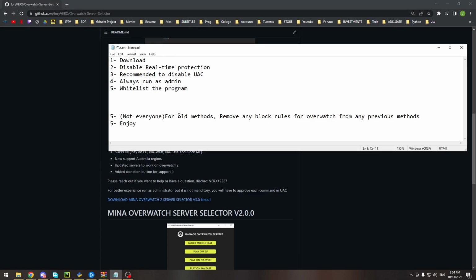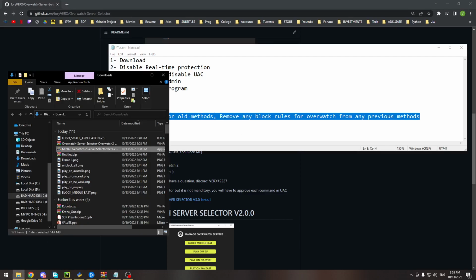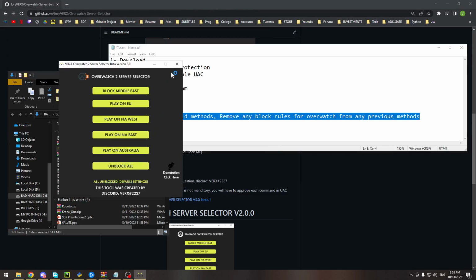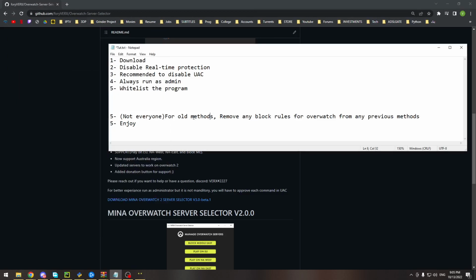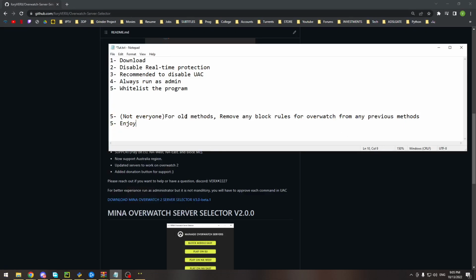Now for previous methods, we need to make sure that there is nothing added before we do that. Let me unblock all. So we go to the tutorial for the fifth step or sixth step. Don't mind the numbers.